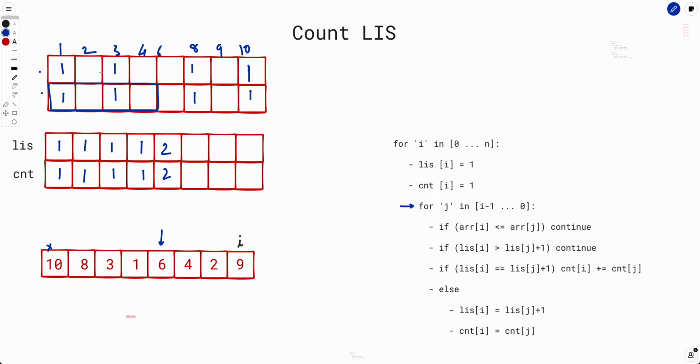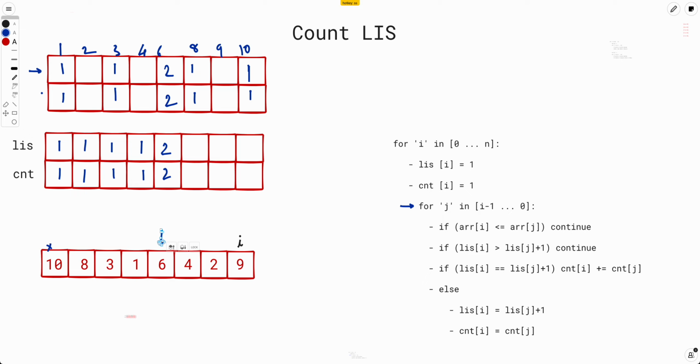This would be 2 because the range maximum from the first array, which is the LIS array, came out as 1, and the LIS would be 1 plus 1, which is 2. And for the count, we will iterate over all the indexes which have the greatest value. The greatest value was 1, so we'll iterate over all these indexes and just do the sum over the counts. So the sum of 1 plus 1, 2, is the value here. Now before moving forward, we'll update 2 here, right? And then